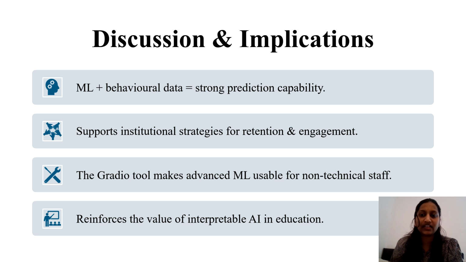Next, the discussion and implications. In this, the study findings fully respond to the 5 research questions, indicating that the multi-class predictions are available, interpretable, and practically applicable. They emphasize the necessity of behavior engagement information in predicting results. The example of the Gradio interface shows how complex machine learning models can be simplified for